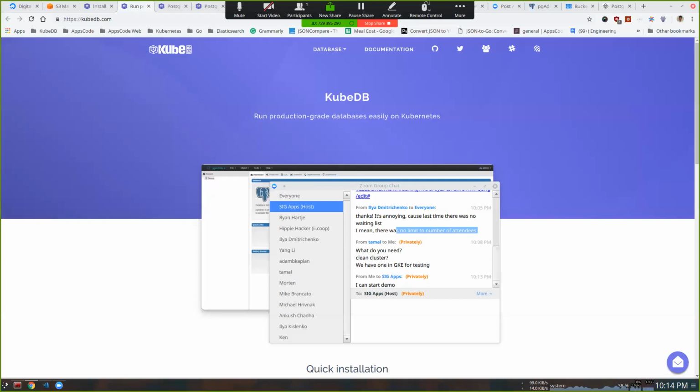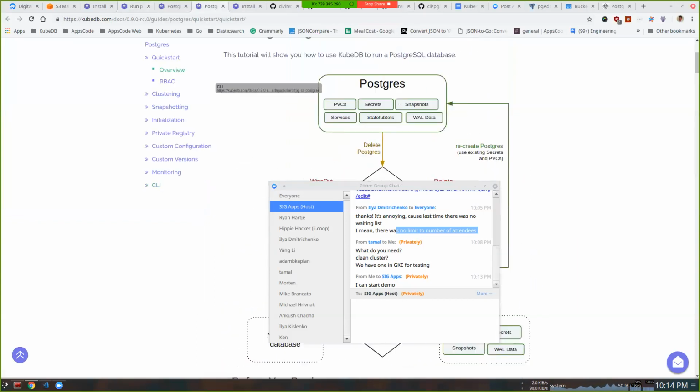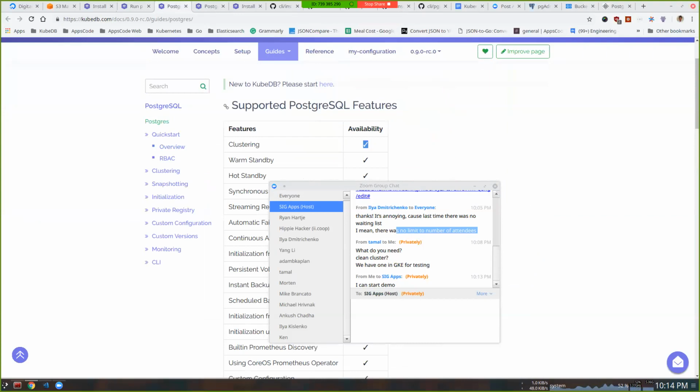Hi, this is Sam from Xcode, currently working on this project called KubeDB. We are making KubeDB so that people can deploy production grade databases easily in Kubernetes, but we are making it also highly configurable so users can configure it as they need. We are packing some necessary steps that are helpful for production,